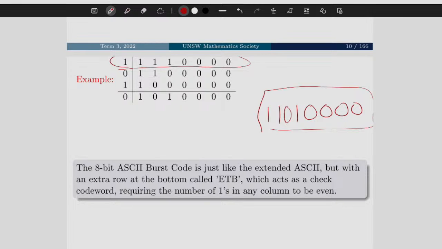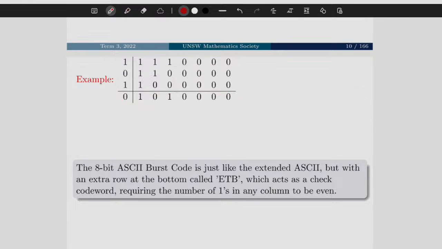Odd parity. Super slay. But the problem with that is that I can only say, hey, I think an error has occurred. Some error has occurred. But I can't correct anything, right? I can't tell you, oh, well, it's this byte that's wrong. I can just tell you that one of the bytes is wrong. One of the bits is wrong, right? So this is what this extra block essentially does for us, right?